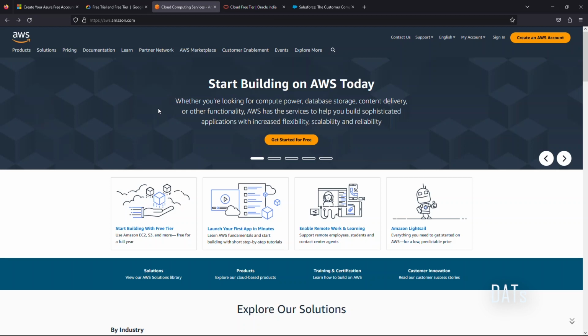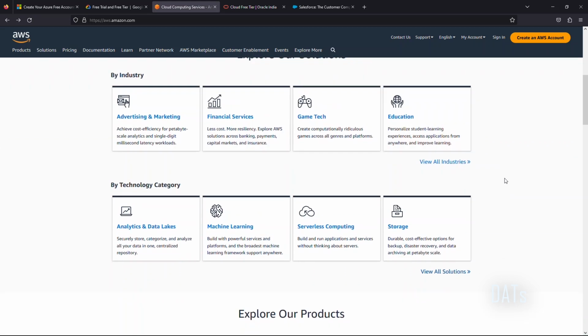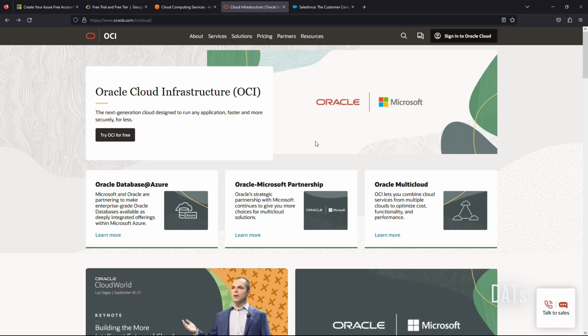AWS services are very famous, and that is coming from Amazon. If you need compute power, database storage, content delivery, you can check out AWS. So spend some time and explore what AWS is offering in terms of solutions or products. Similar to Microsoft Azure, Google Cloud, or AWS, you can also find cloud services from Oracle Cloud Infrastructure.